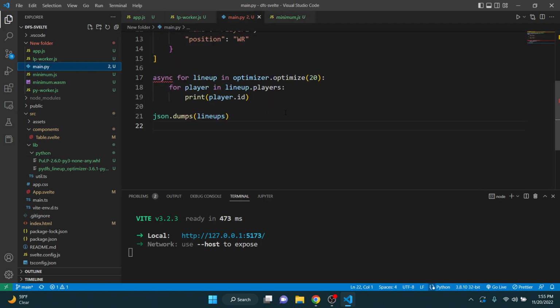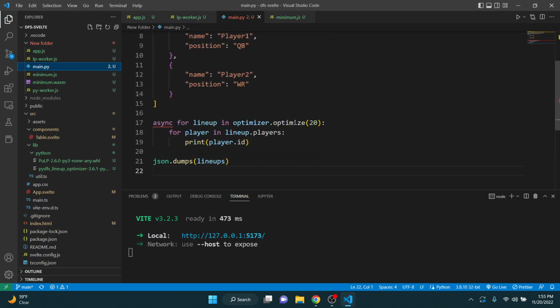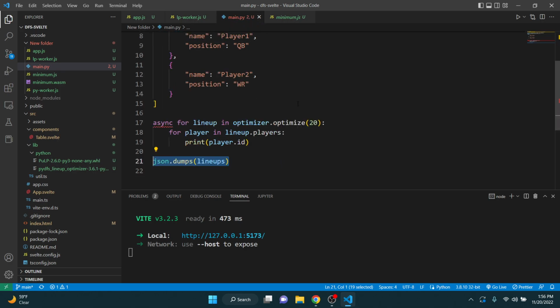Okay, and I think because you could have it stop ahead of time, I actually don't think I want to create an array or a list in Python and then send it to JavaScript at once. I want it so that every time it creates a lineup, I want it to basically,